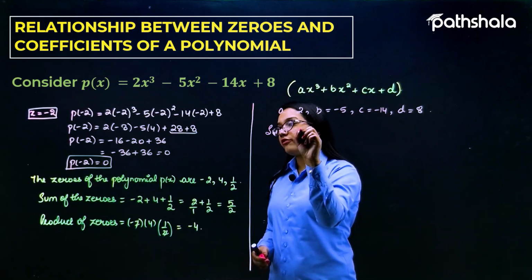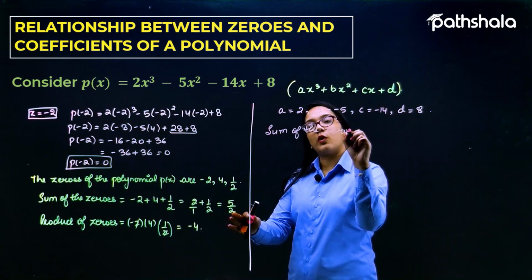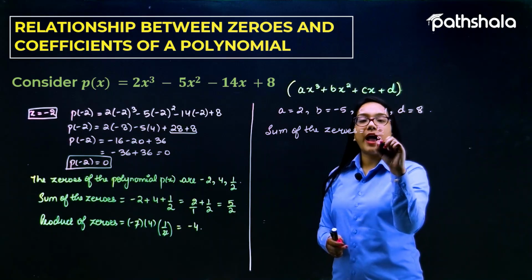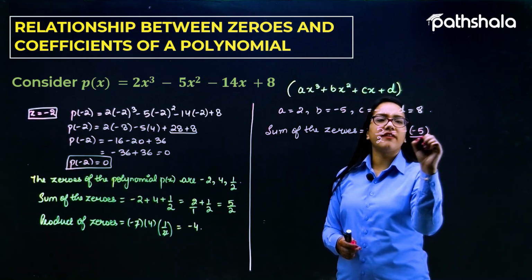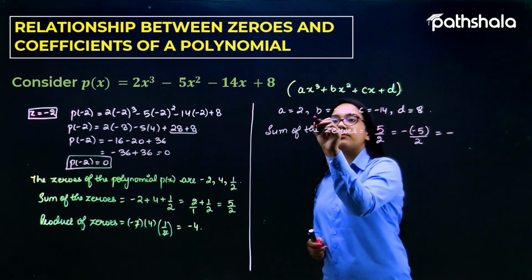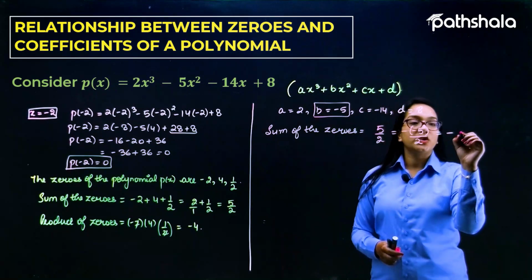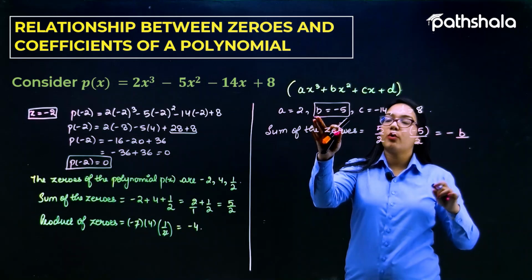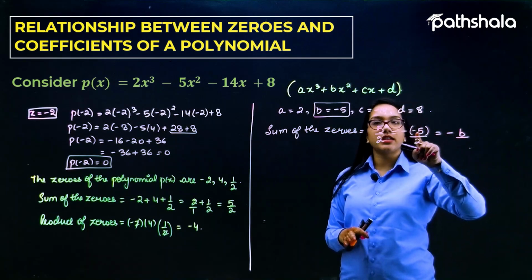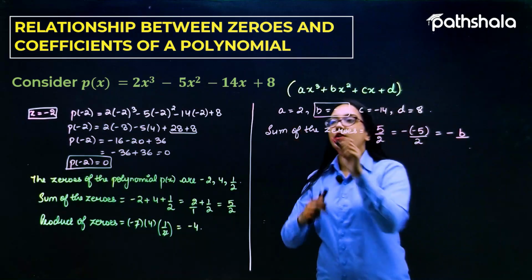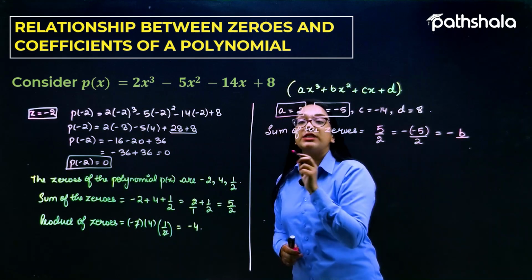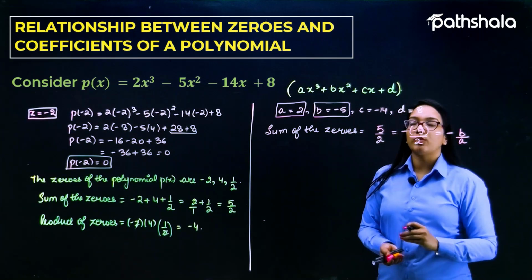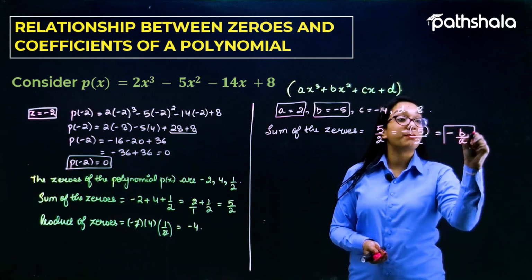So the sum of the zeros, which we have already concluded, is equal to 5 by 2, and further we can write it as minus 5 divided by 2, and minus 5 is nothing but the value of b. Sorry, not a variable, it is a constant. B is a constant, so b is minus 5, so we can write minus 5 as minus b, and the value 2 is a. So we can write a in place of 2. Hence, at the end, the sum of the zeros can be expressed as minus b